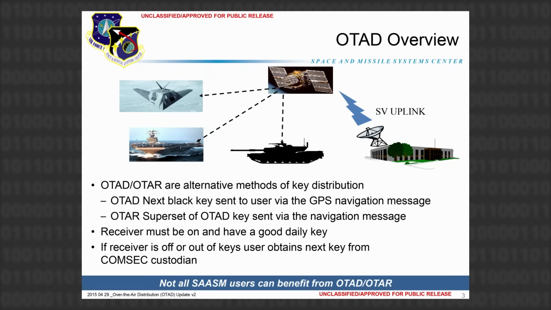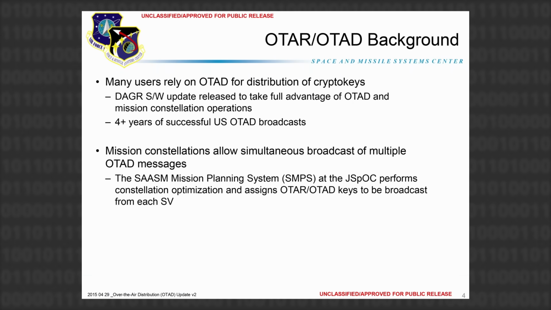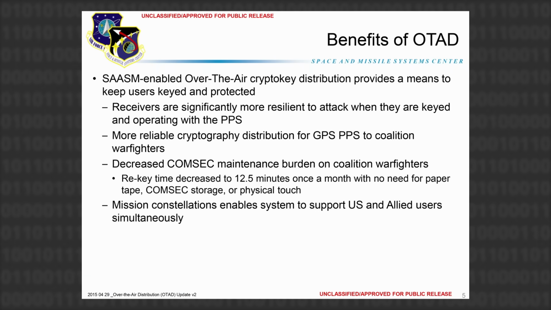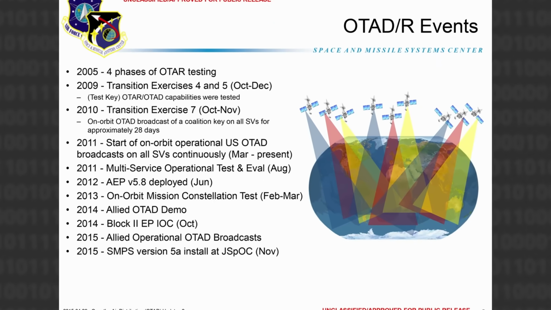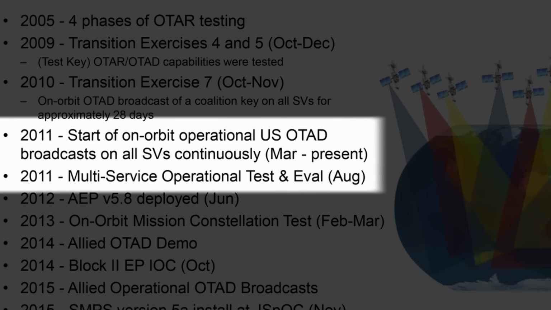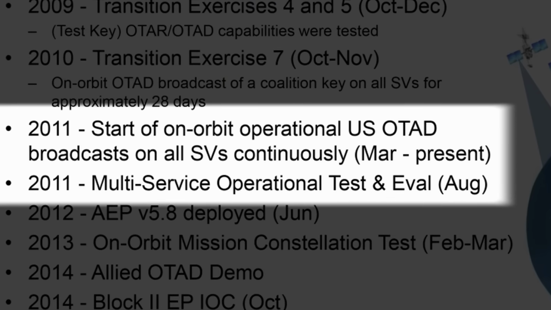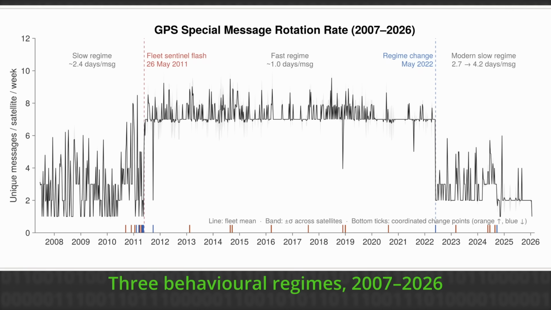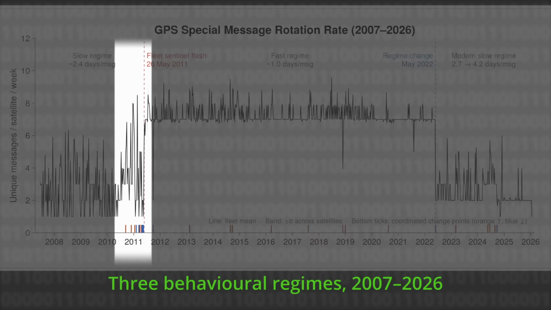However, the presentation did not talk about how the keys were distributed. And what was unknown was what mechanism was used. So was it the same satellites, different satellites, which frequency was used, because GPS uses multiple frequencies and so on. But the thing that really jumped out is that in 2011 is when it was advertised that the system started, and 2011 was also when we had this dramatic change of messages.